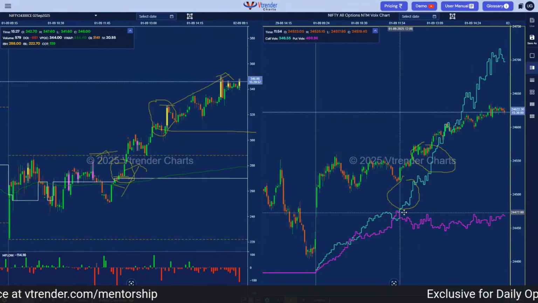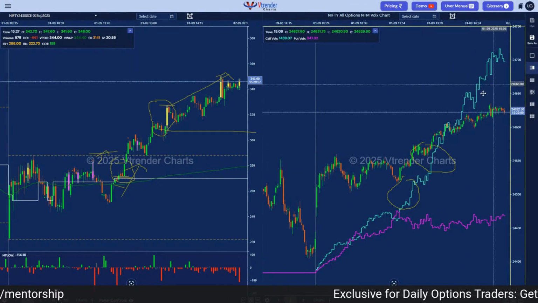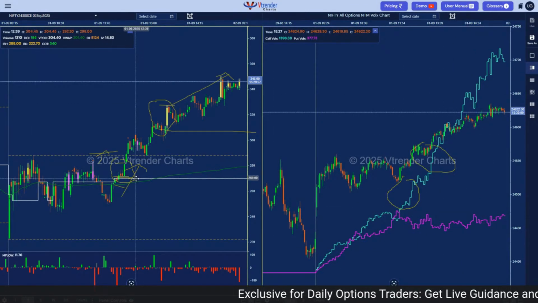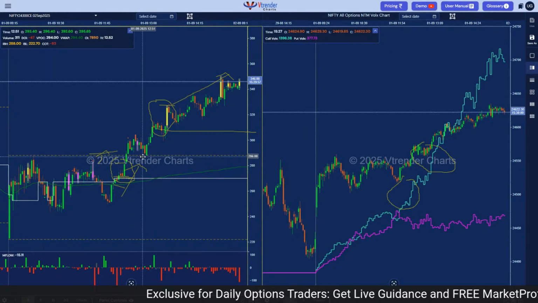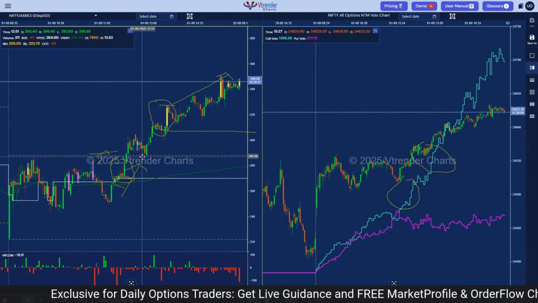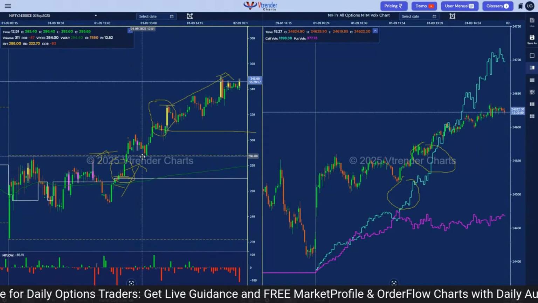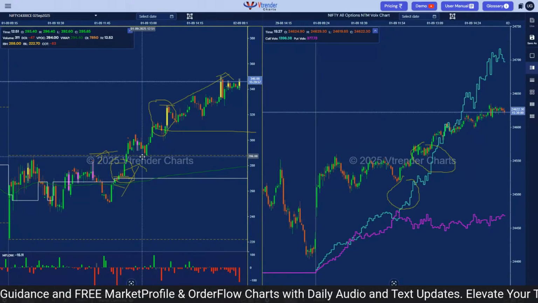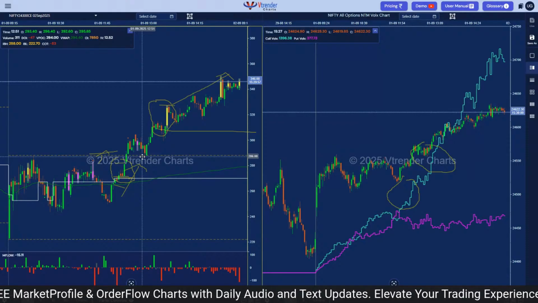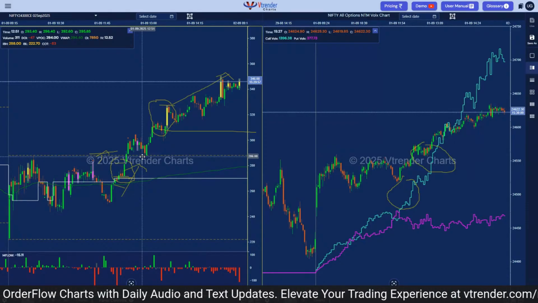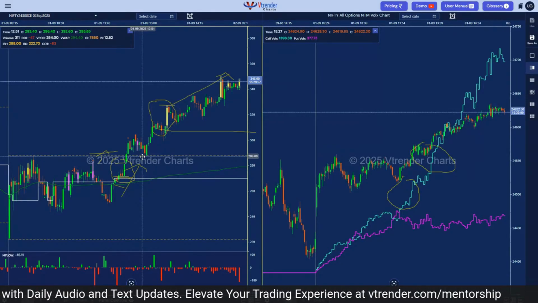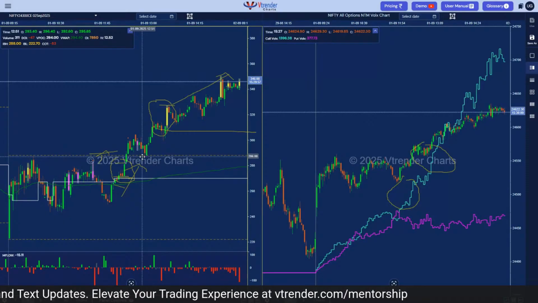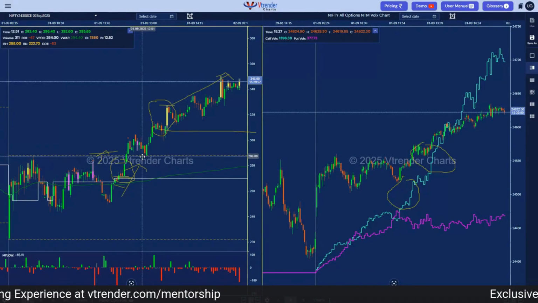VolumeX is telling you when you can look to trade long options, and the order flow is showing you where exactly you can go long and where you need to put your stop loss, and accordingly you get your probable targets. So this is what you need to do. Option inventory is too vast a world, but we have some of the best tools in place at VTrender charts, so we can make use of them and try to be one step ahead of what the rest of the market is doing.